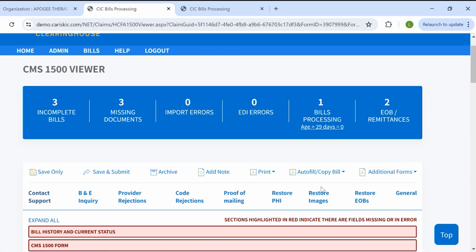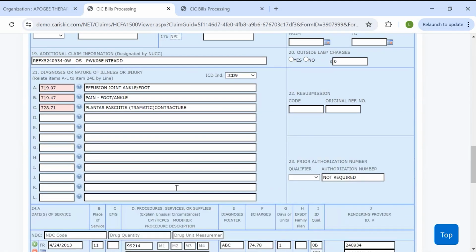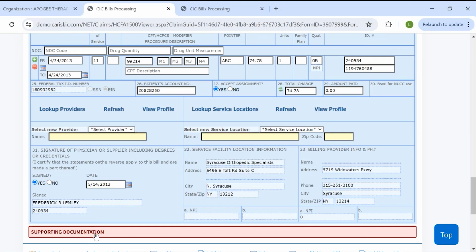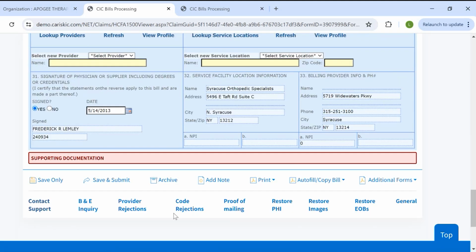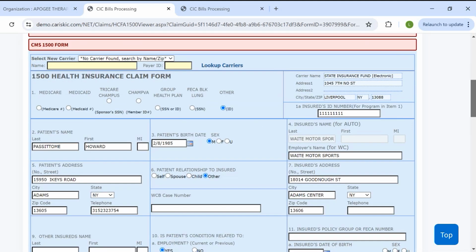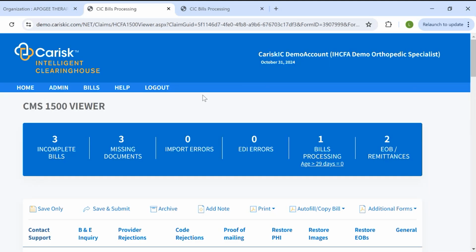At that point, you can make any changes to the dates of service. So updating new dates or anything new in the diagnosis information. If you need to add additional documentation to this new bill that was created, you can do that by hitting save and submit. If there's any questions about what needs to be included on the 1500 form or the UB04,